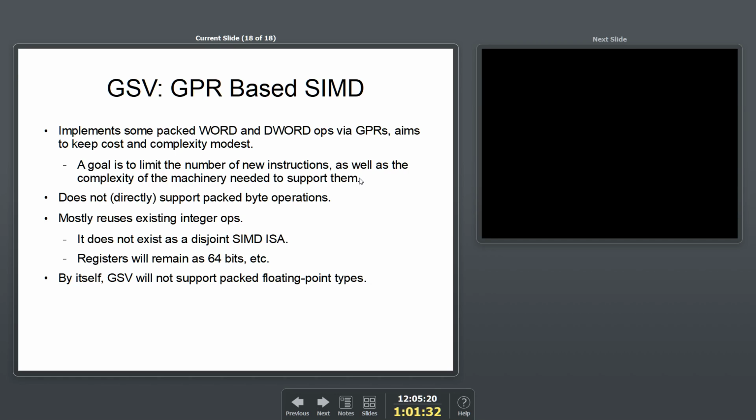As noted, it is a pretty common problem with SIMD ISAs to add an excessive number of instructions trying to basically address every possible possibility, and even then it's still kind of hit or miss, and